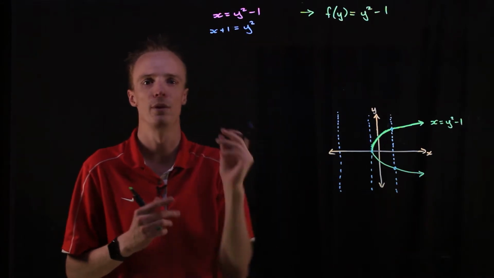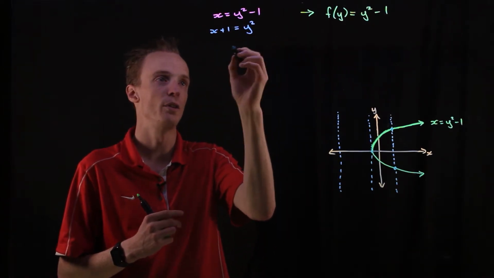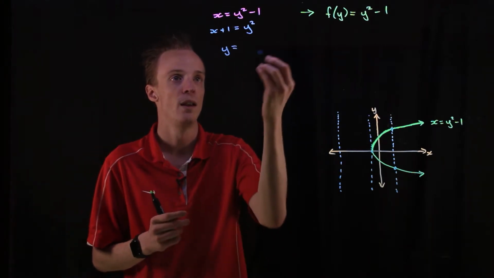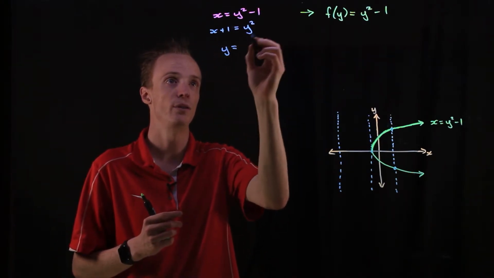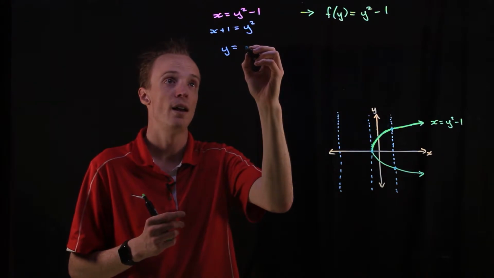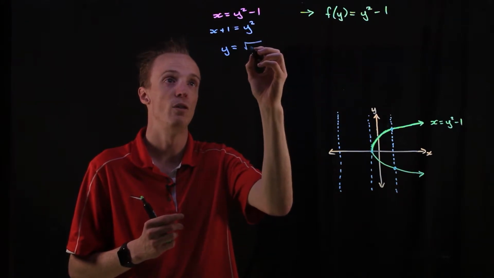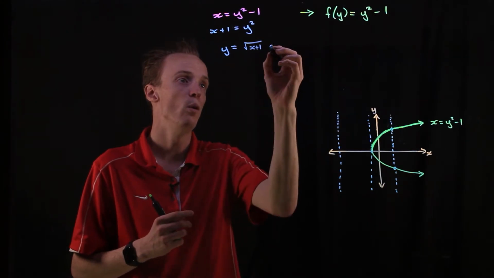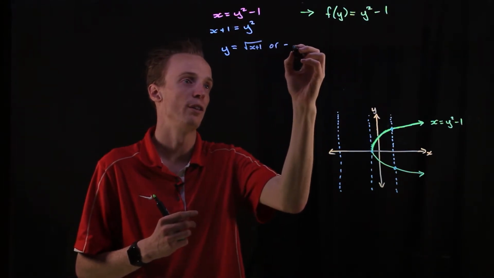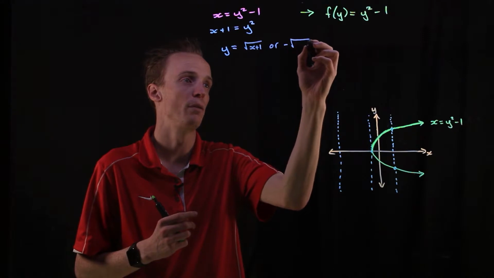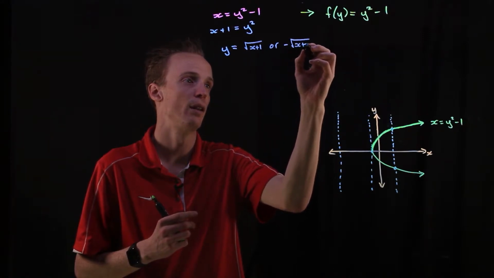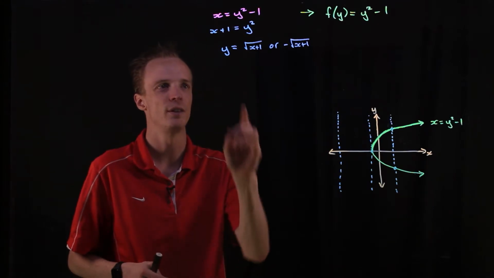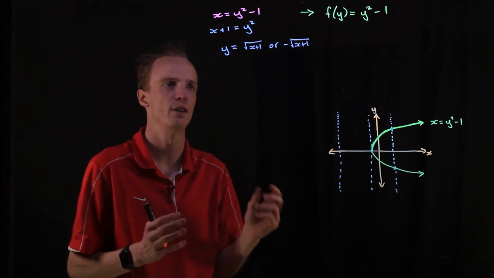So I'm going to square root both sides here, and I'm just going to switch it around. So this will end up being y equals, and it'll be the positive solution here, so the square root of x plus 1, or the negative solution of it. So the negative of square root of x plus 1. Now it's sort of at this point that we can show that this cannot be written as a function of